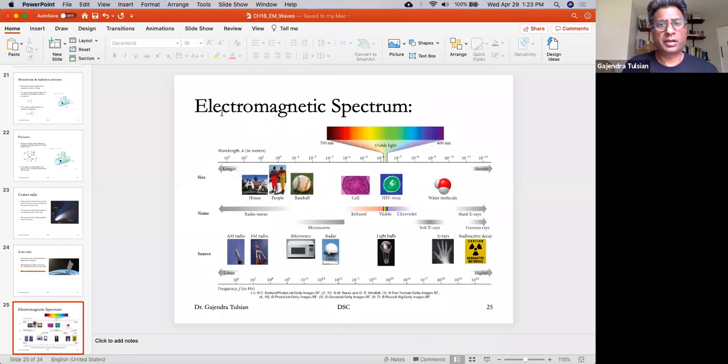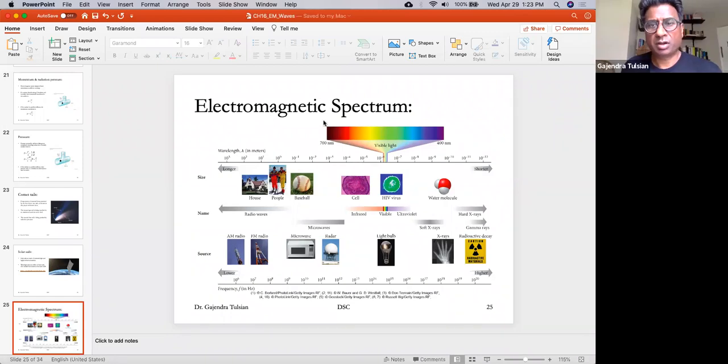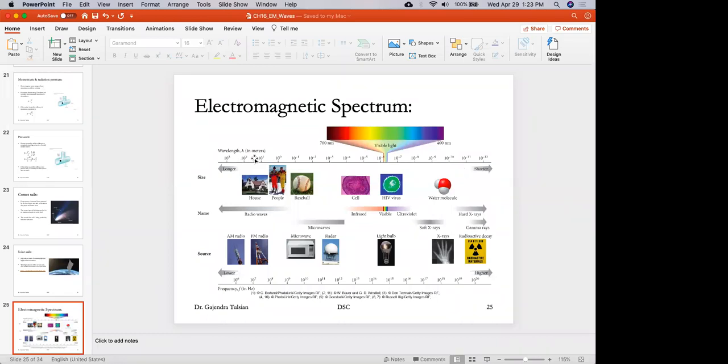All right, so here's the electromagnetic spectrum. The electromagnetic spectrum just contains all different types of electromagnetic waves. And here they are arranged in wavelengths, so increasing wavelength, shorter wavelength. And arranged in a funny way like this because